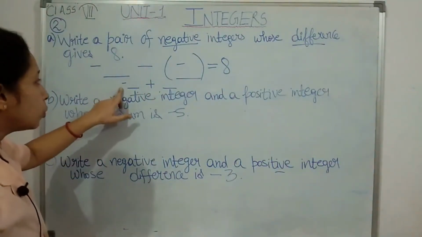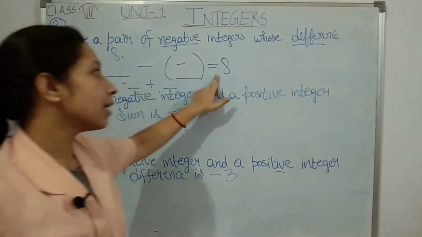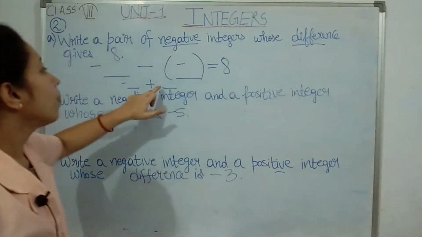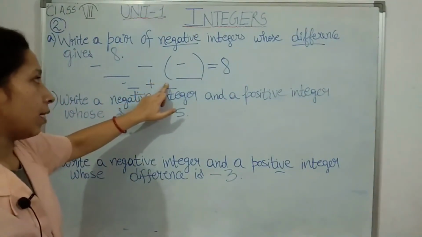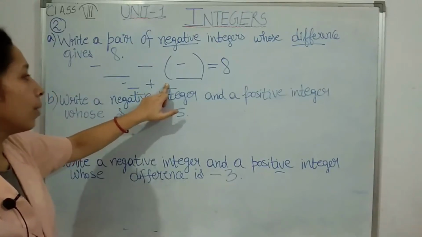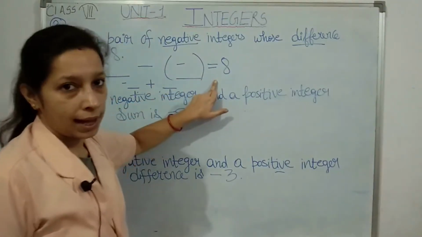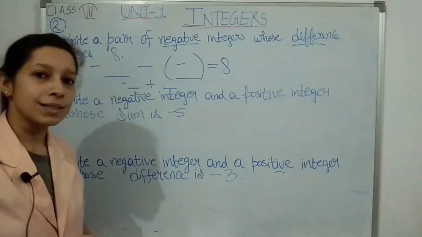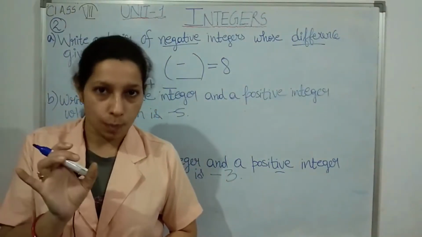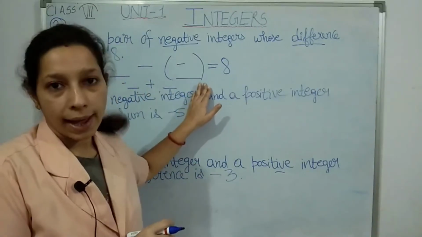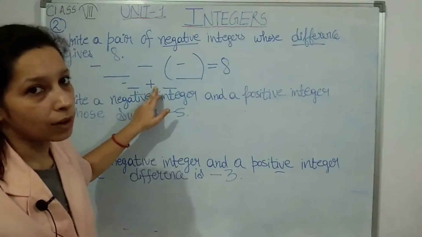Again think the condition like this now students. So now one number should be a negative one, another number should be a positive one, and then the result is going to be 8. See here, by this it is clear that the second number will be the greater number. Why? Because that number will have positive sign in front of it, then only our result can be a positive 8. Now think, and also minus plus minus. So with this it is clear to us students that two numbers we are going to subtract, okay. Difference will come 8, and from those two numbers one can be negative and the greater number will be positive.